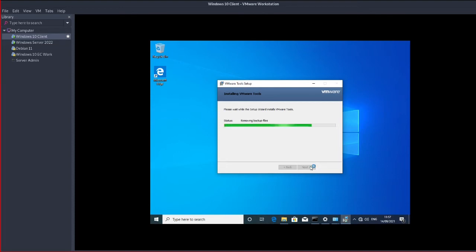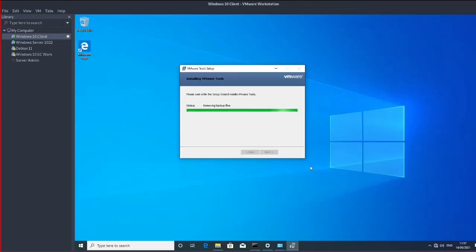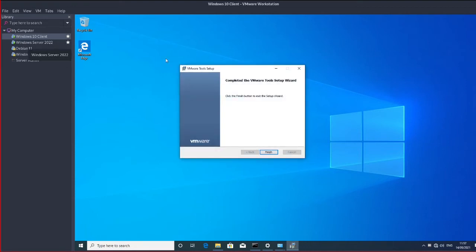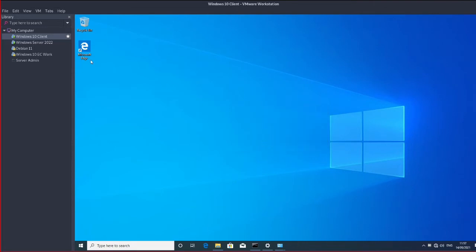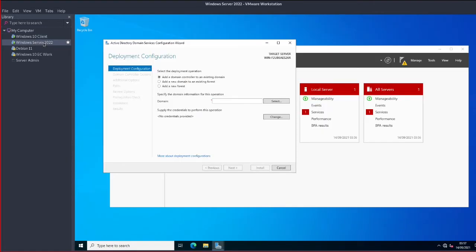PS2 mouse, memory control, watch the graphics are going to fix themselves any second. There we go, look at that. Isn't that a sharper resolution there? So that's how you get the VM tools installed. Finish. Probably going to ask for a reboot, so let's just reboot the client machine,